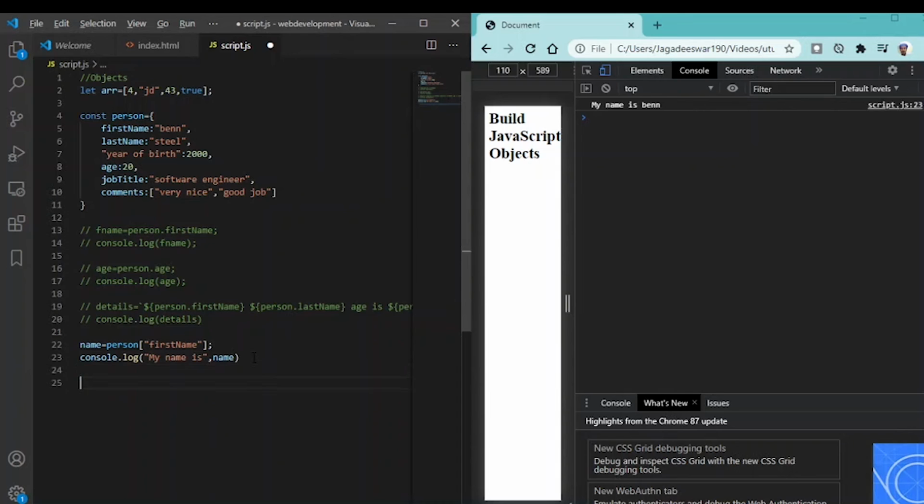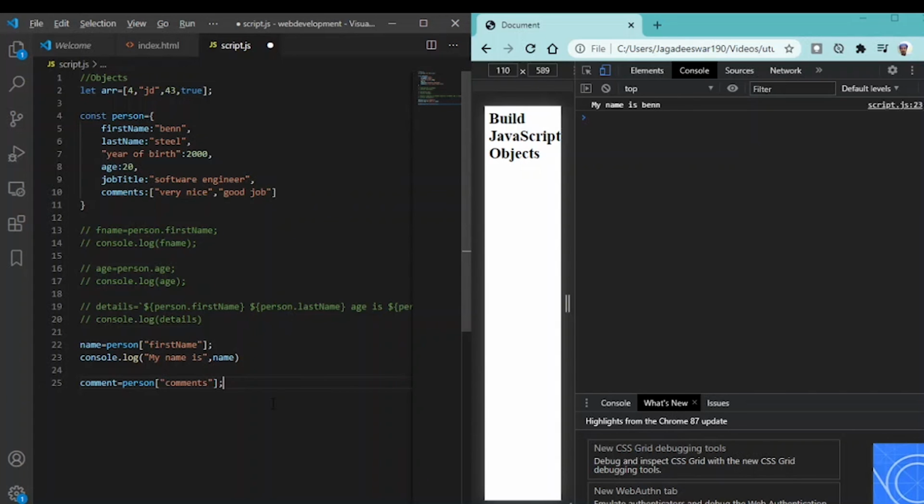If you want to access the comments of the object person, let's write comments equal to person, bracket notation, comments. Here the comments property is an array property.